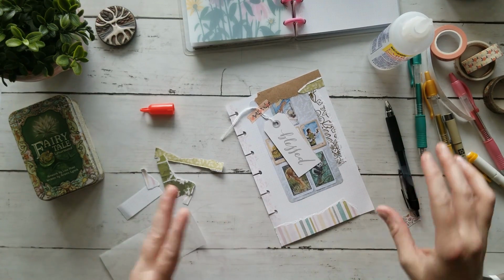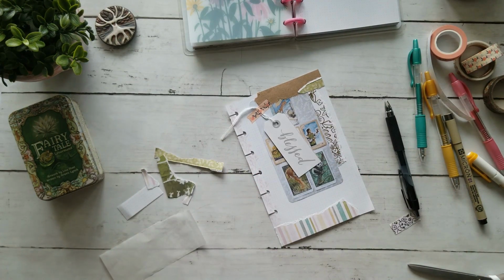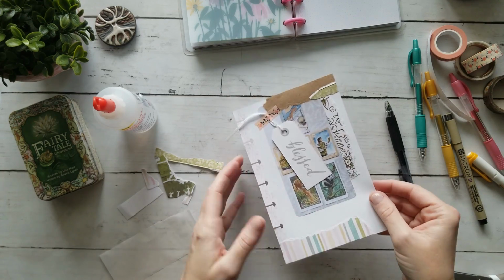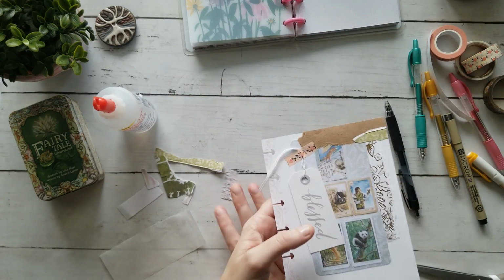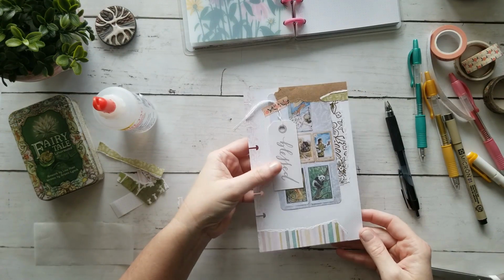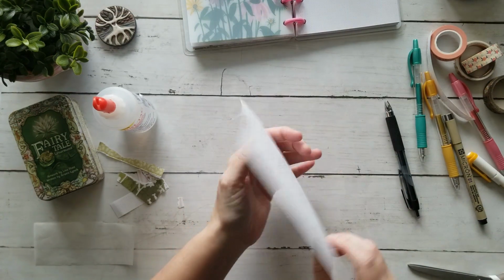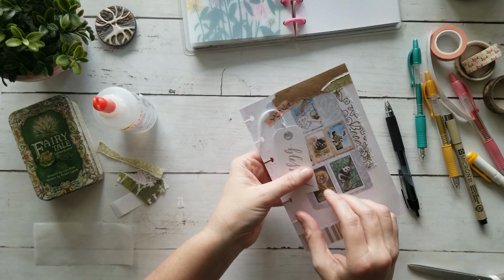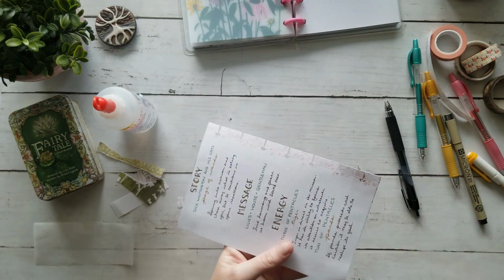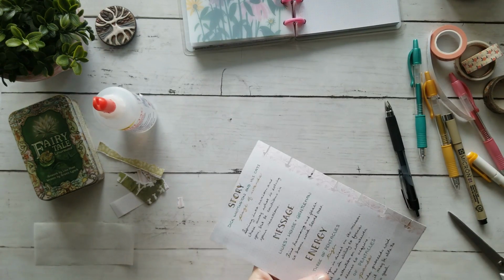So I don't know that we need too much more than that, because for one, this is not super heavy paper, but the more I add paper to it, the heavier it gets. But like, so there's the reading, and then we have the actual reading with my reflection, which I think is kind of cute. I did that one too far, but